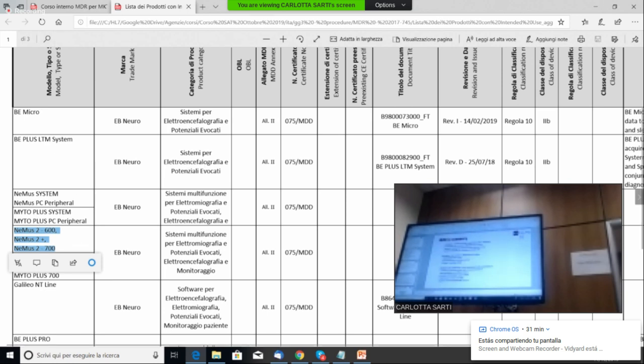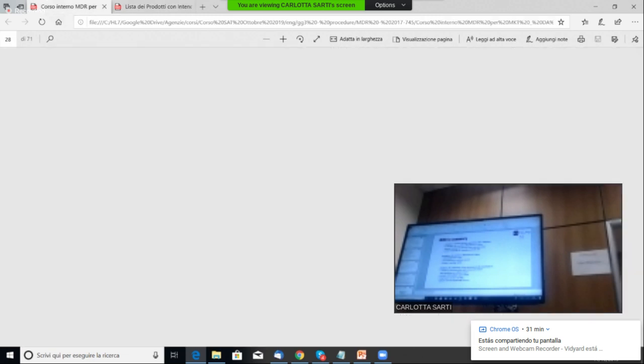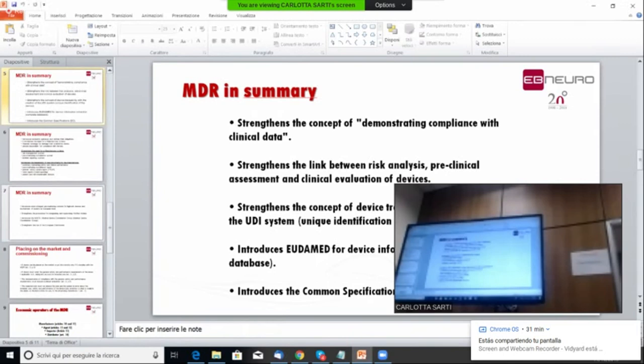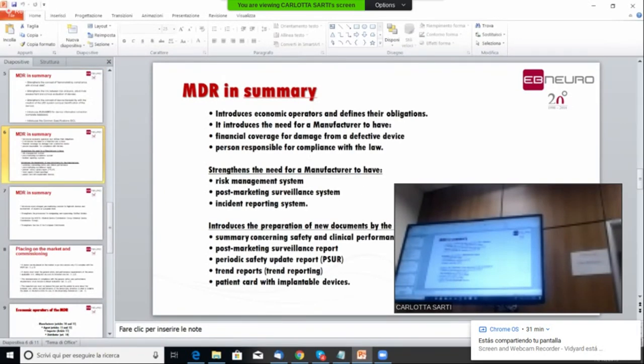So I don't want to spend a lot of time talking about the MDR. Anyway, it introduces some economic operators: manufacturer, agent, importer, distributor.